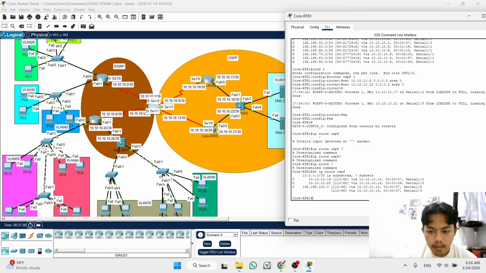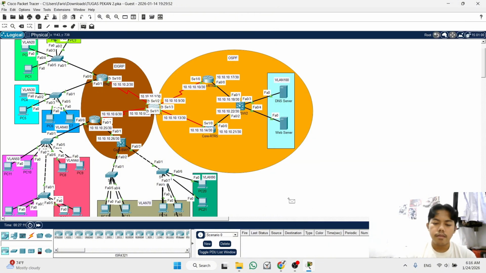And now we will test ping each other, from router 1 to the MLS, and then from router 1 to the server.